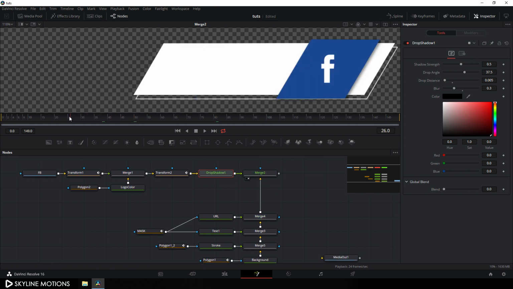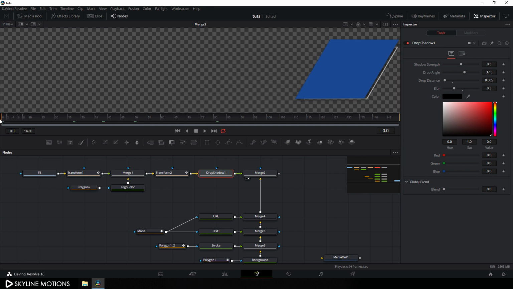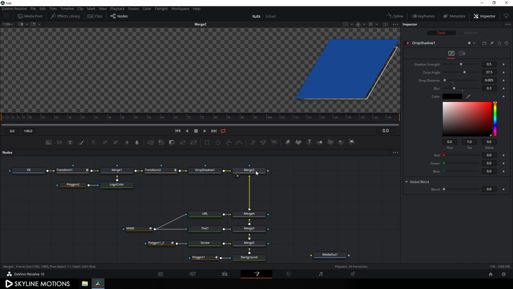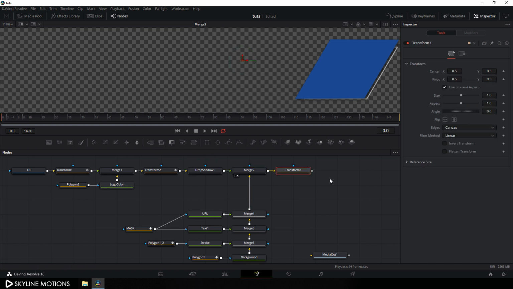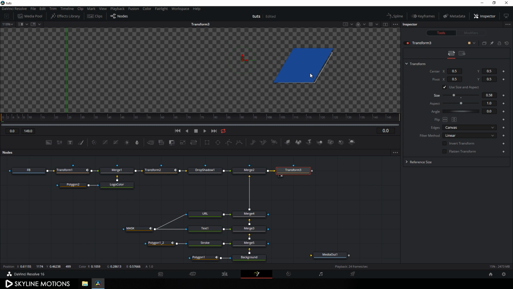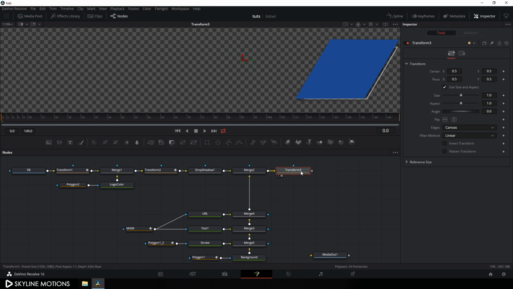Just go to the very first frame of this animation. Now I'm going to animate this section also. So we have to add a transform node just after this merge. So select this merge and add a transform node. And now we can adjust the size and angle of this shape, but we have to animate from the center of this shape. So select this transform and change this pivot point to the center of this shape